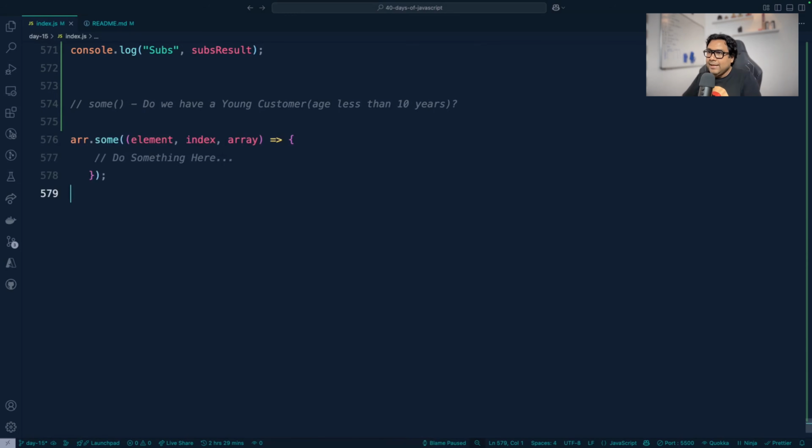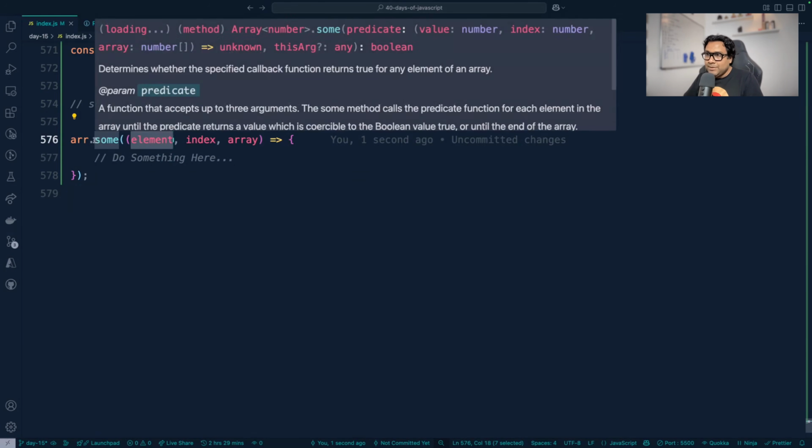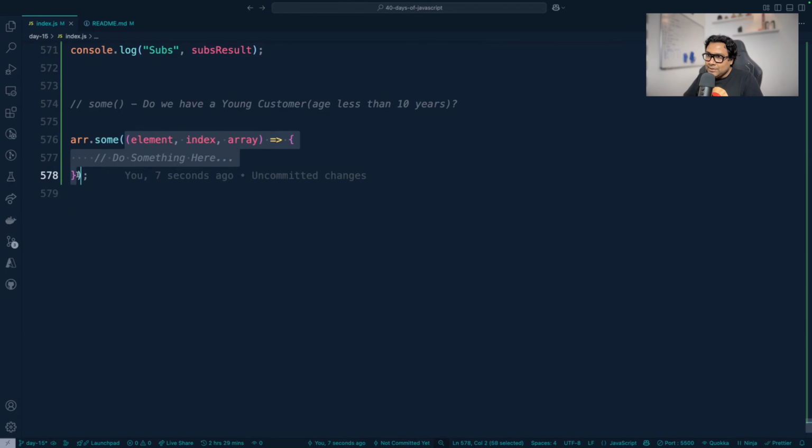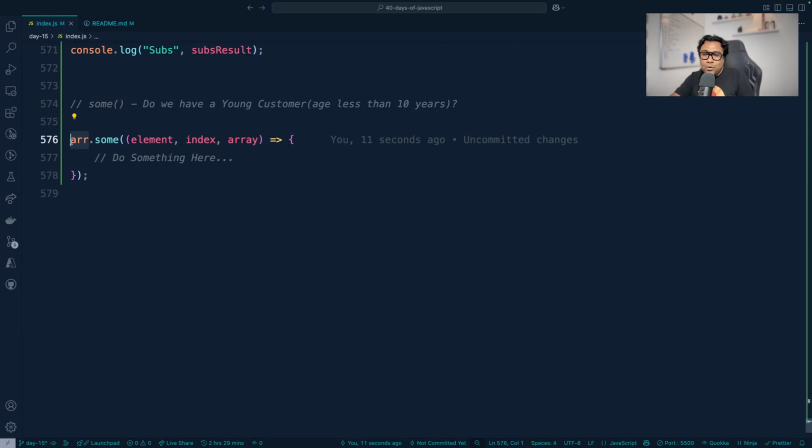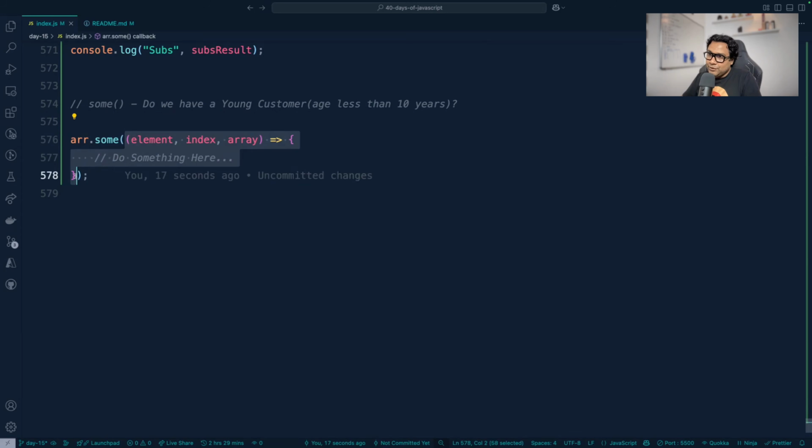So here is an array with the sum method. Now here each of the elements on which the sum method will be applied, just like filter and map we have learned, and this is what is again called a test function, like filter only. Now this method is going to return either true or false. It returns true if this particular function results in true on at least one element, then only it will return